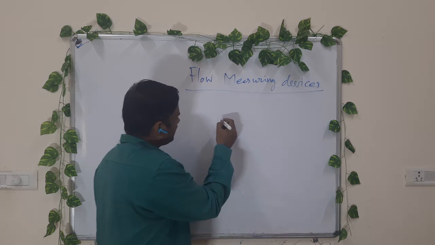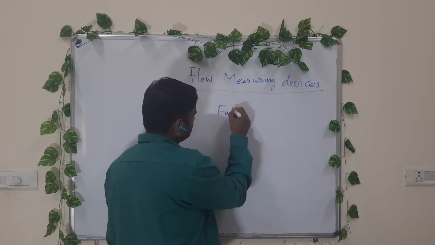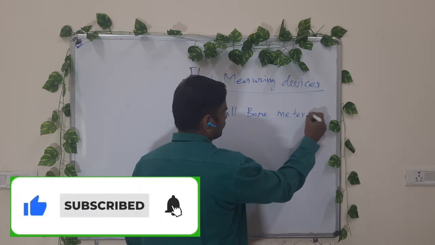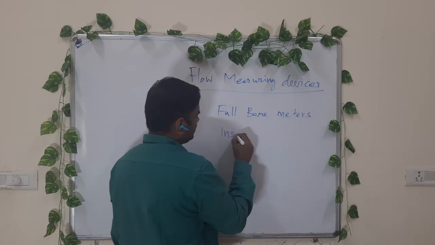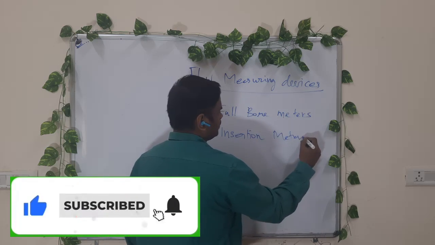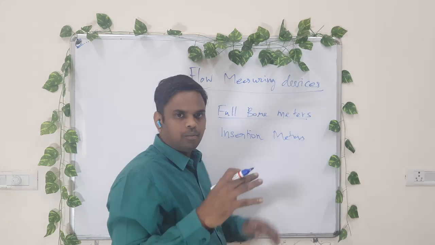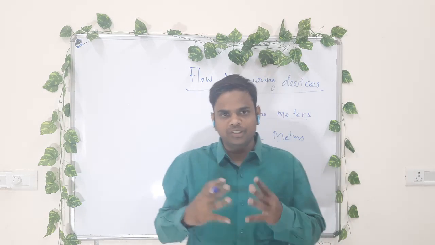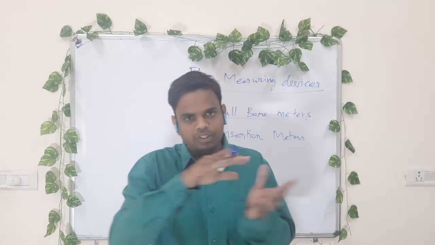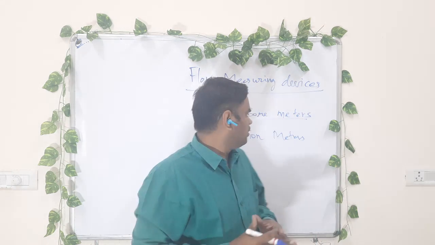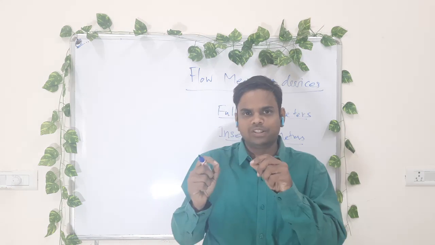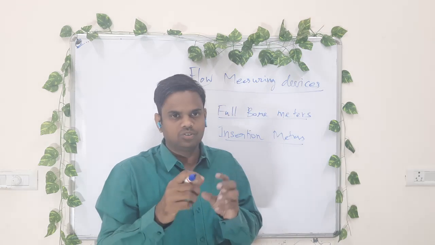For example, they can be classified as full bore meters or insertion meters. When we say full bore meter, that volumetric flow rate measuring device is acting over all the fluid that is passing through a pipeline. If I say insertion meters, they only measure the velocity at a particular point, so